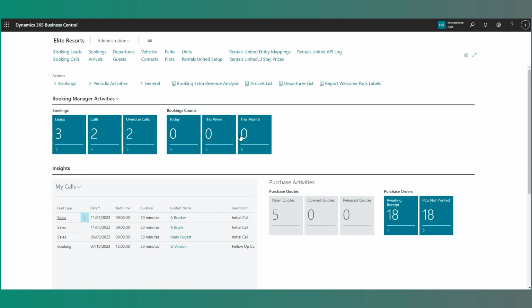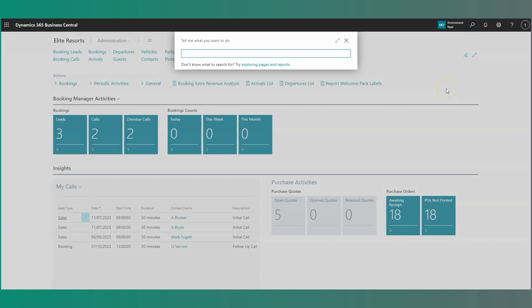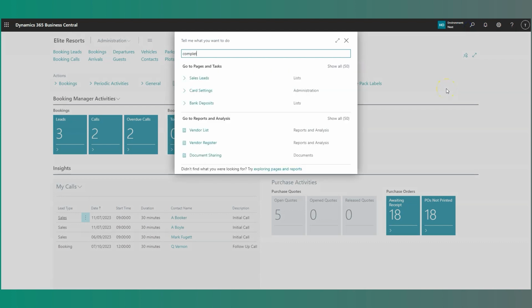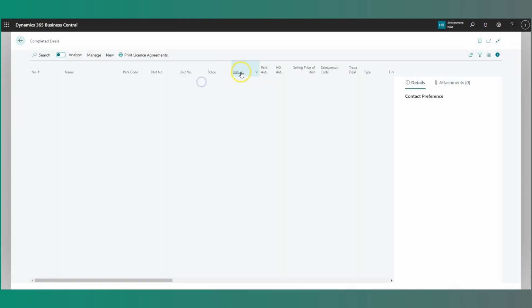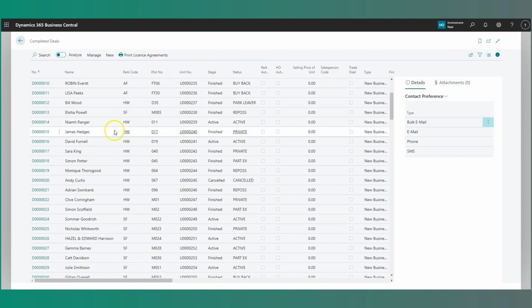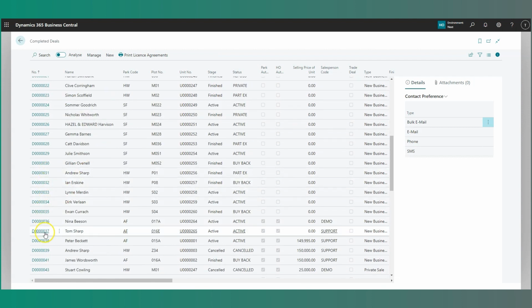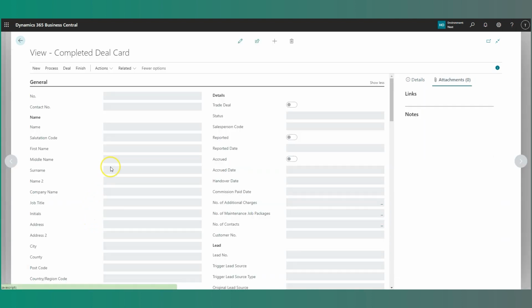Customer leaving process. With this update, we are releasing a major development to the customer leaving process within EliteParks. To demonstrate this, I'm going to navigate to our completed deals. From our completed deals view, if I head to my deal which I am processing my buyback for,